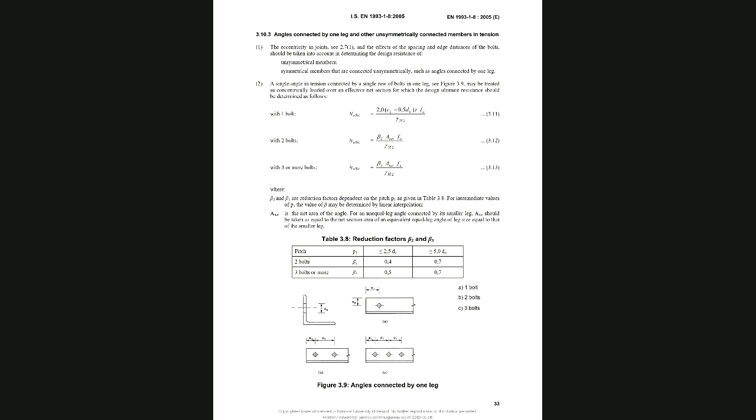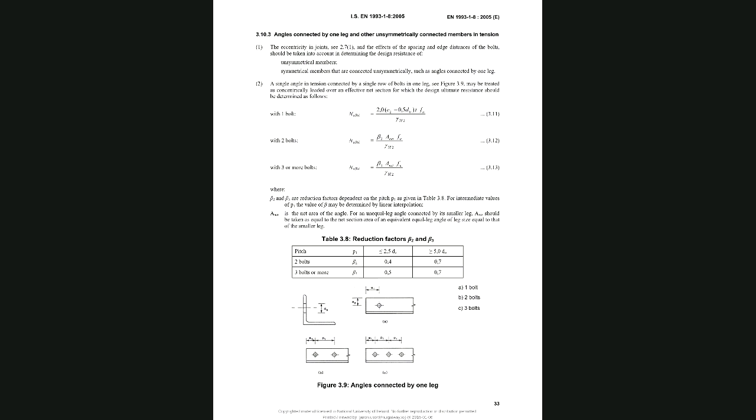The eccentricity in the joints, as in 2.7.1, and the effects of the spacing and the edge distance of the bolts should be taken into account in determining the design resistance for unsymmetrical members or symmetrical members that are connected unsymmetrically, such as angles connected by one leg. So this is the example that we're doing here. A single angle in tension connected by a single row of bolts in one leg, see figure 3.9. So there's an angle section, and here's the elevation of it. So if we have a single row of bolts, either 1 bolt, 2 bolts, or 3 bolts in a row in there,